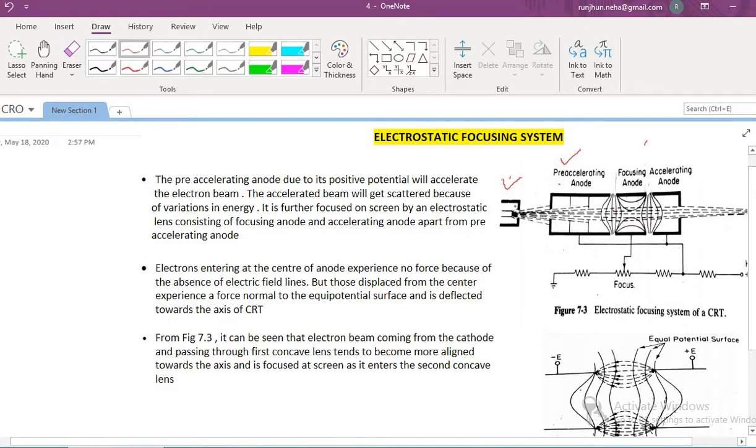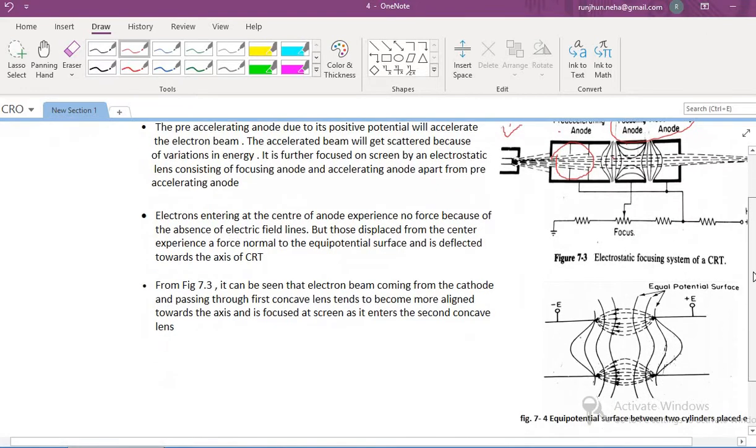Now, as the beam gets accelerated, it tends to diverge. As you can see, it is diverging because of the variation in energy. And so this beam needs to be focused on the screen by an electrostatic lens assembly consisting mainly of the focusing anode and accelerating anode. Now, how the lens assembly works can be more clearly seen with the help of the figure